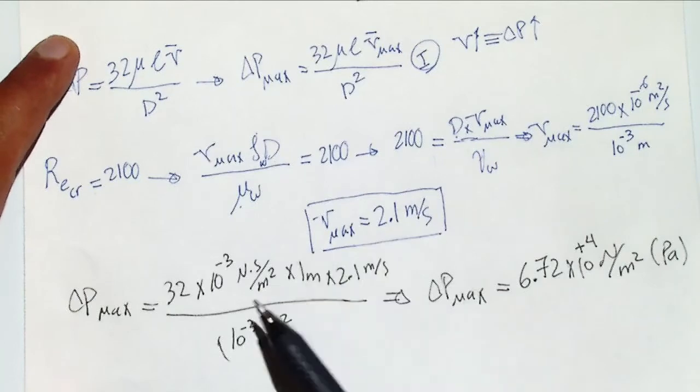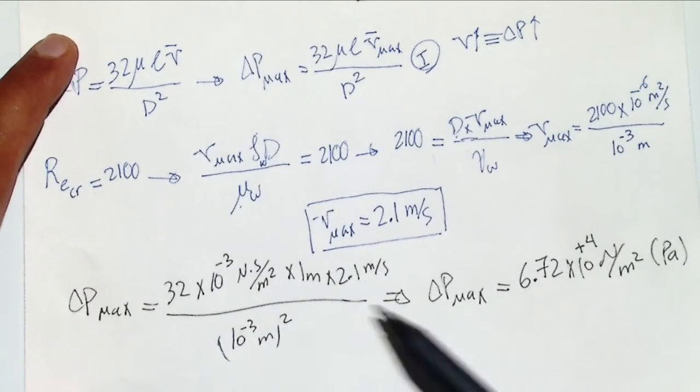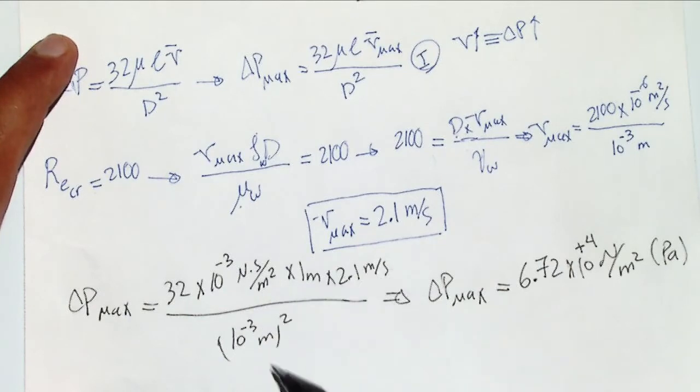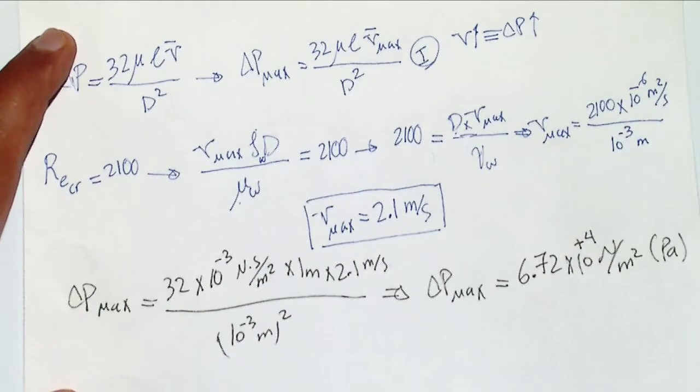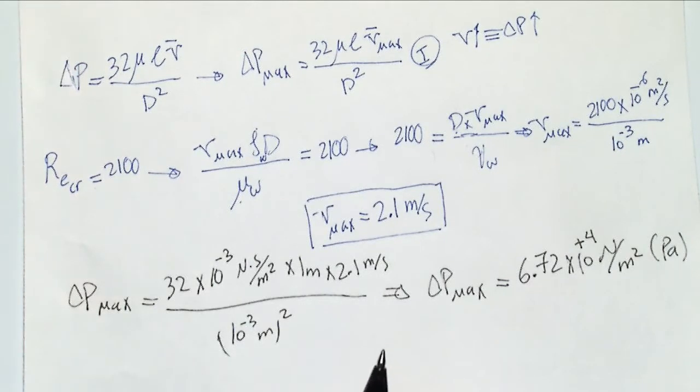So check the units. Newton has to be here, nothing to cancel it out. Second cancels out with second, meter squared with meter squared, and you have another meter squared on the denominator, so the final units also match. You will find it out: part A, what is the maximum pressure drop allowed if the flow is laminar. Okay, so part B